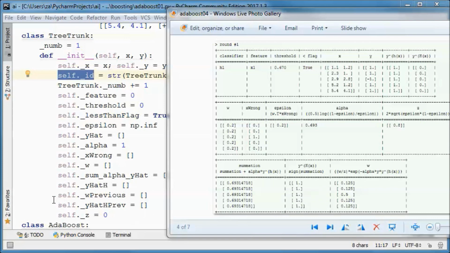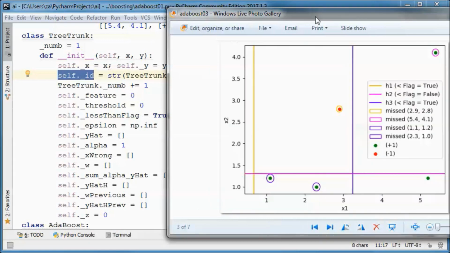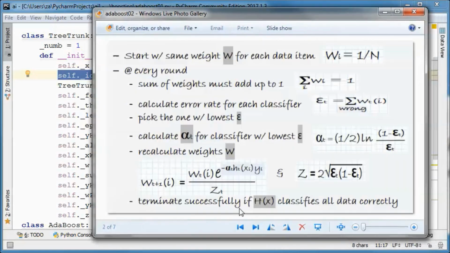And we keep track of w previous and y hat previous. And z we calculated according to this formula.